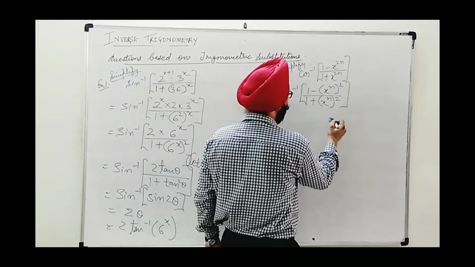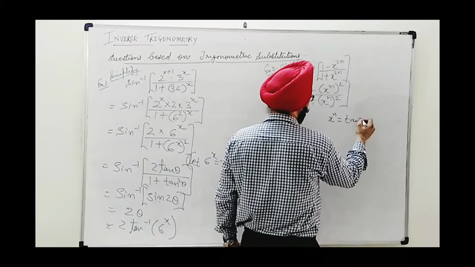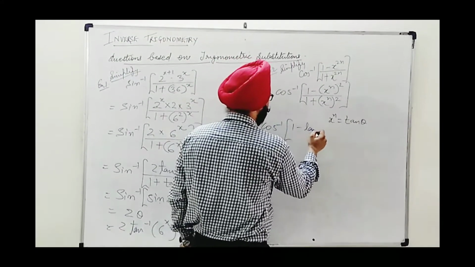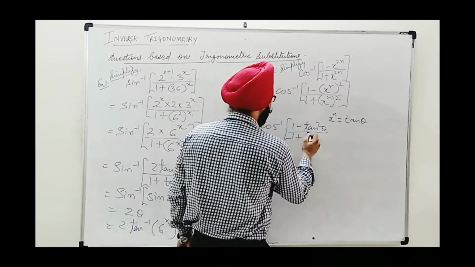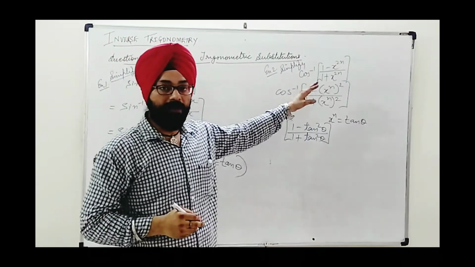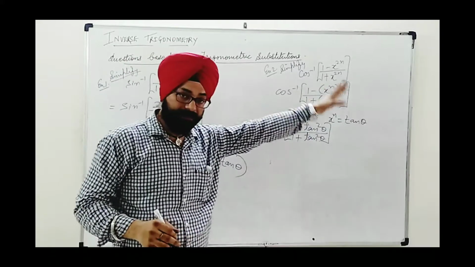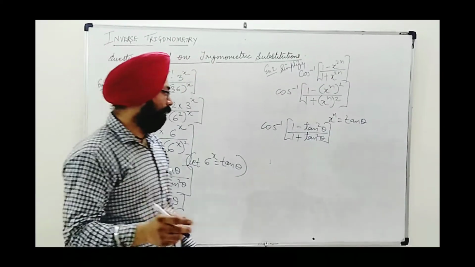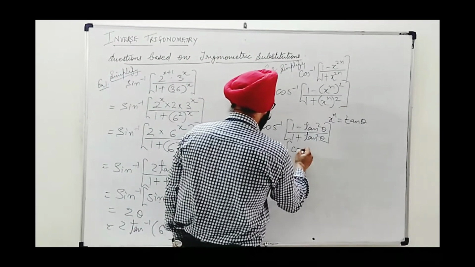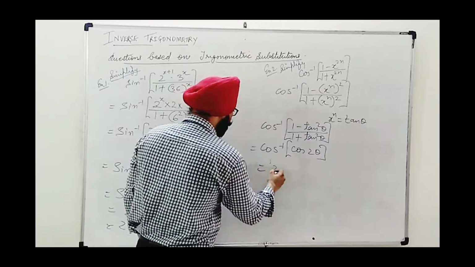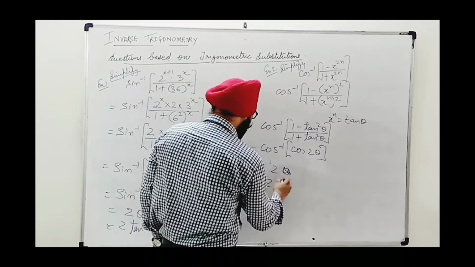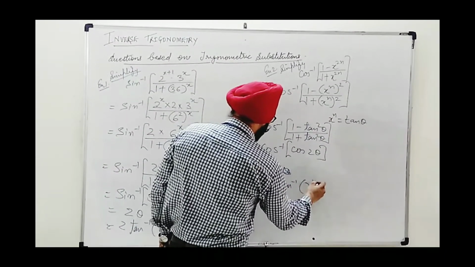Here take only x to the power n as theta. Only, not square. If I take so, this expression becomes 1 minus tan square theta upon 1 plus tan square theta. Now this is helpful to us. We can't take x to the power n whole square as tan theta. Only x to the power n is tan theta. How is this helpful? If you remember, this again is the identity of cos 2 theta. So you can write cos inverse cos 2 theta. Cancelled out. We are left with 2 theta only. Replacing theta by the value, we have 2 tan inverse x to the power n.